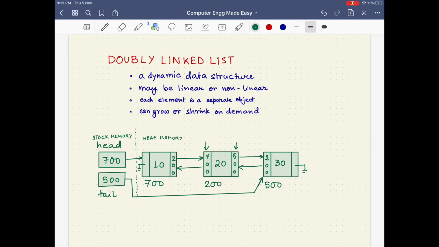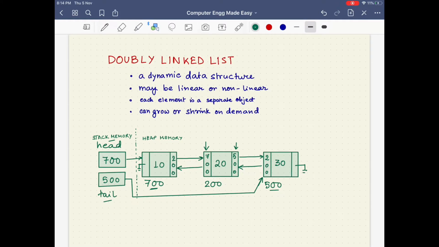The head variable located in the stack memory is a pointer to node type of variable, and it holds the address of the first node of the list. We are also considering another pointer type of variable called tail, which will be responsible for holding the address of the last node of the list.